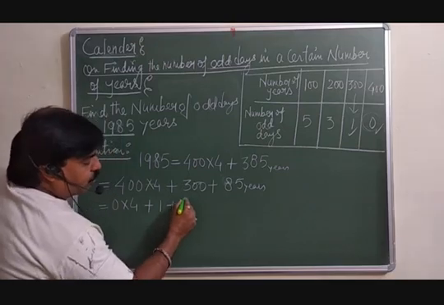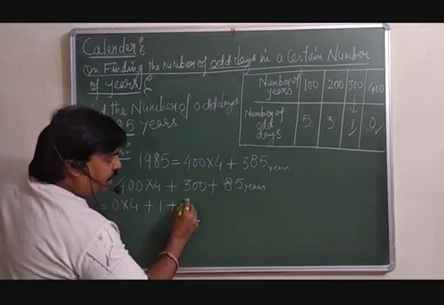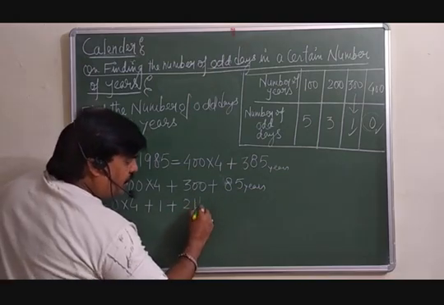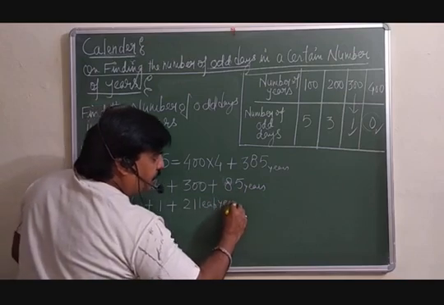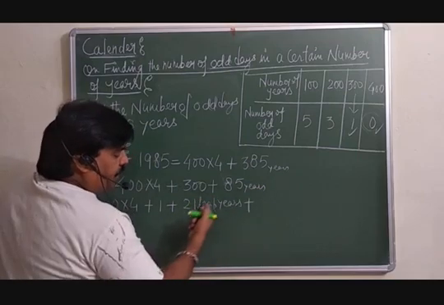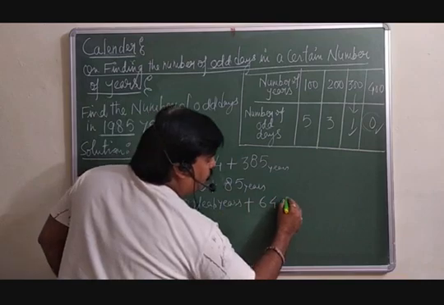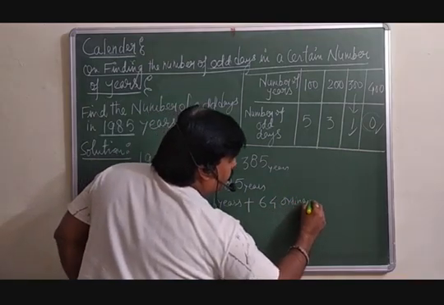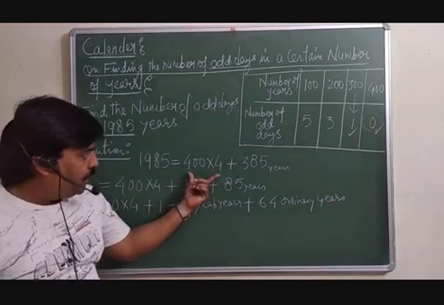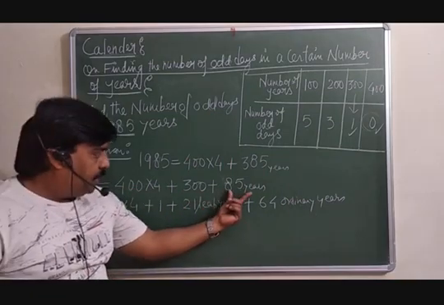और जो भी whatever the quotient will come that you must write down. इसको 4 से डिवाइड करिए. 4 2 जा 8, 4 1 जा 1. तो that is 21 will be the leap years. 21 leap years होंगी इसमें, plus you can subtract this 21 from here only. That will be your ordinary years. So 21 इसमें subtract करेंगे, you will get the 64 will be the ordinary years. क्या करना है? You are supposed to break by the 400 into this plus this. This is 300 years. This is 400 into 4, 85 years.